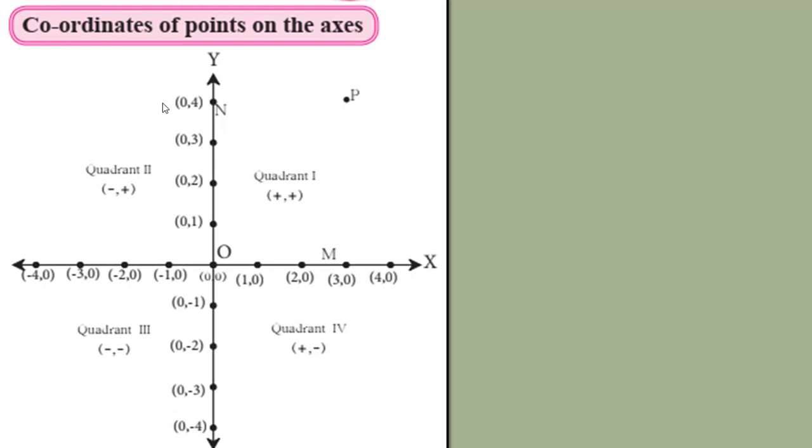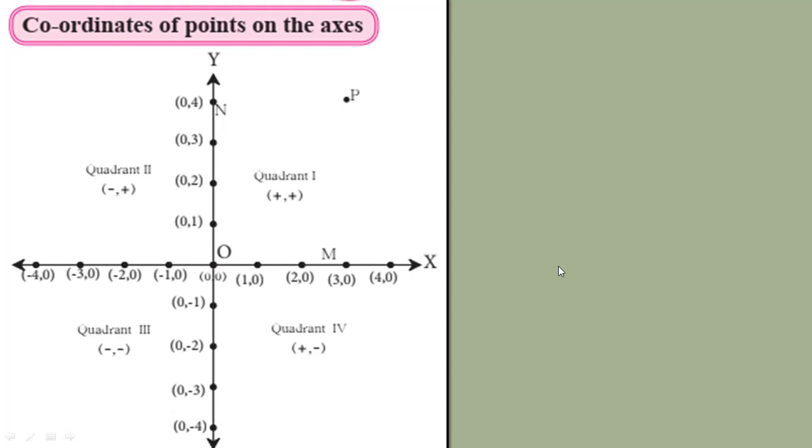We have learned that if the points are on the x-axis, their y coordinate is 0, and if a point is present on the y-axis, its x coordinate is 0, and if both the coordinates of a point are 0, then it will be the origin point. And if both the coordinates are present for any point, then it lies maybe in quadrant 1, 2, 3, 4 based